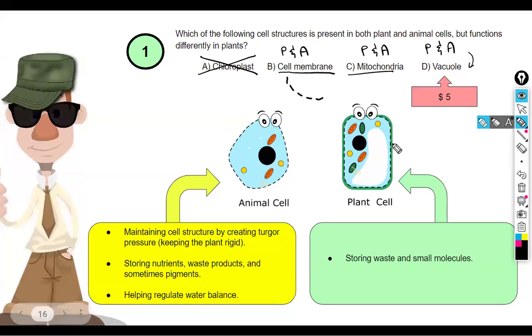Both the plant and animal cell have the same structure, right? Look at the vacuoles. In an animal cell, the vacuoles are small. We mentioned that. But in a plant cell, the vacuoles are large. But both of them are still what? Vacuoles. They function a little bit differently in each cell. This here is the detailed explanation for it. In an animal cell, the vacuoles, this is what they mainly do.